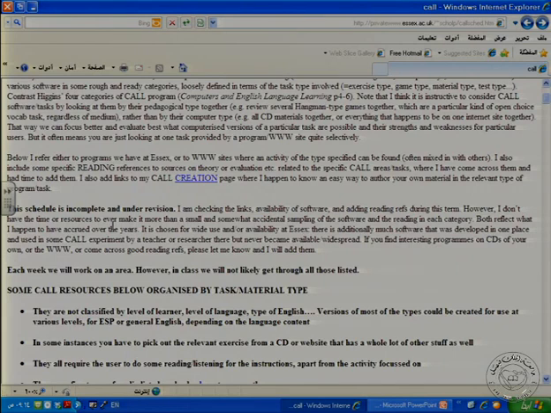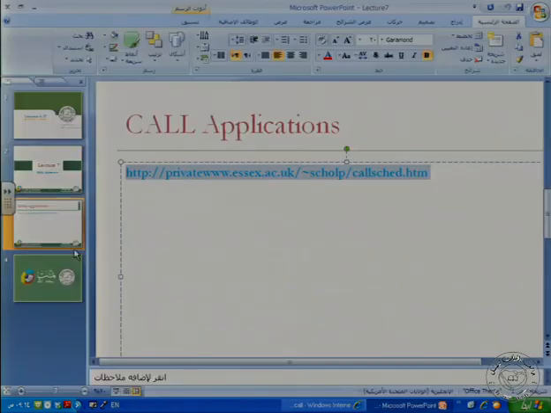And hopefully when you become or you have the responsibility of teaching other people, that you will benefit from these applications or from